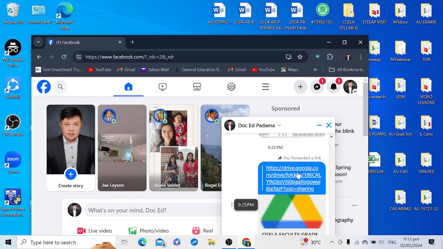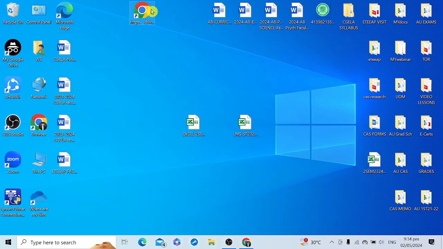All you need to do is to go down to your Google Drive link and you just press the right click and continue pressing the right side of your mouse, and then just drag this link going to the desktop. Okay, drag and hold, and as you can see, it will automatically create this shortcut of the Google Drive.